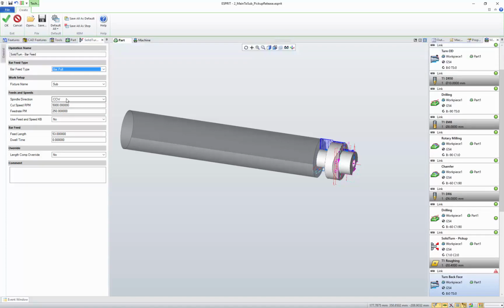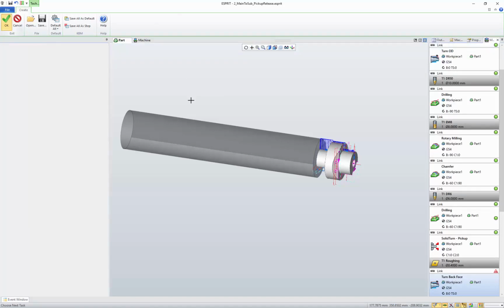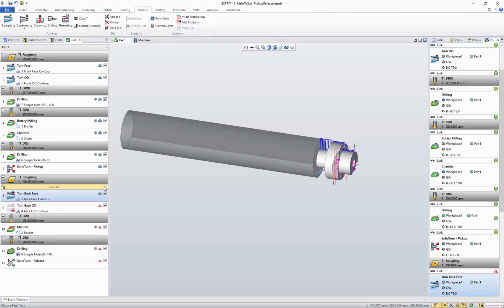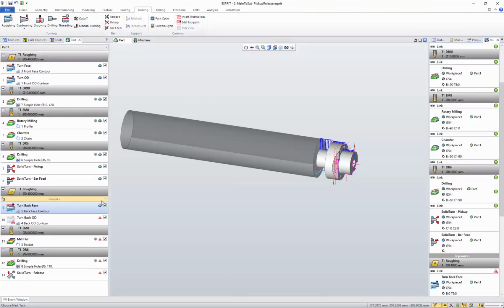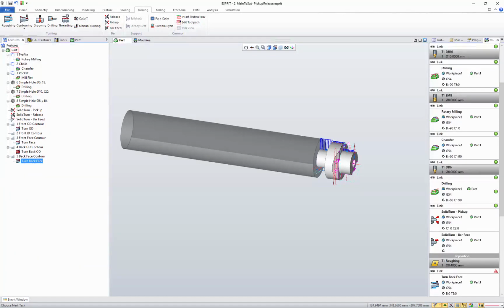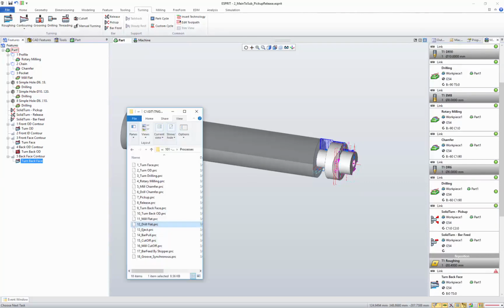I'm doing that bar feed spinning. Click on OK. And then I'm inserting after that bar feed a cutoff operation on the back face.